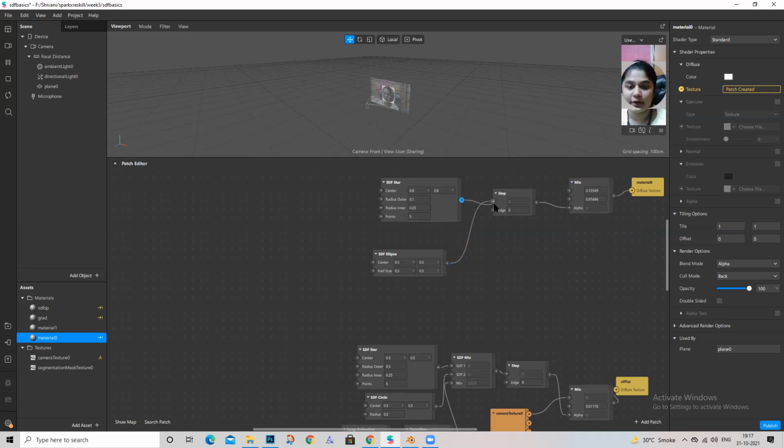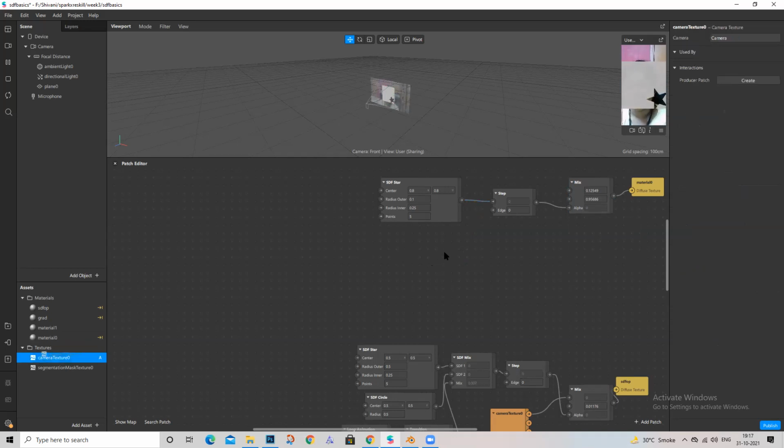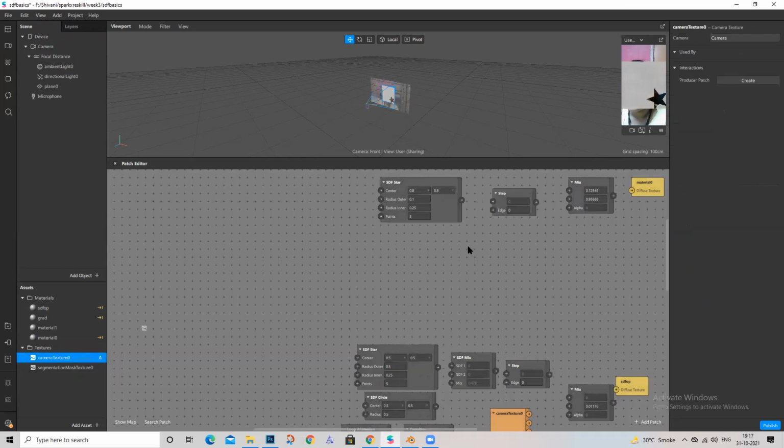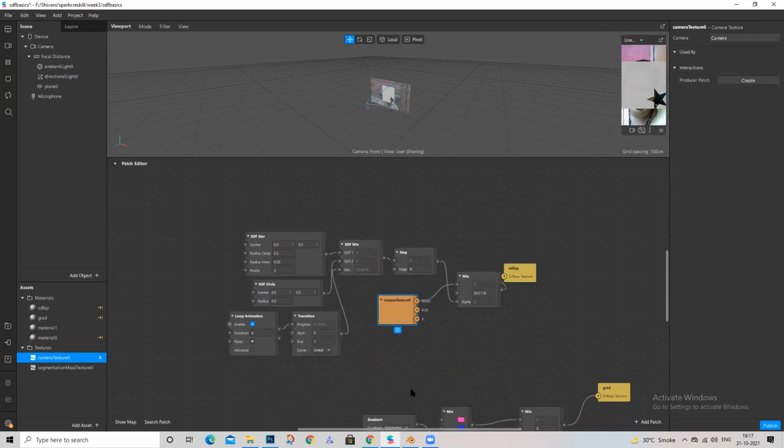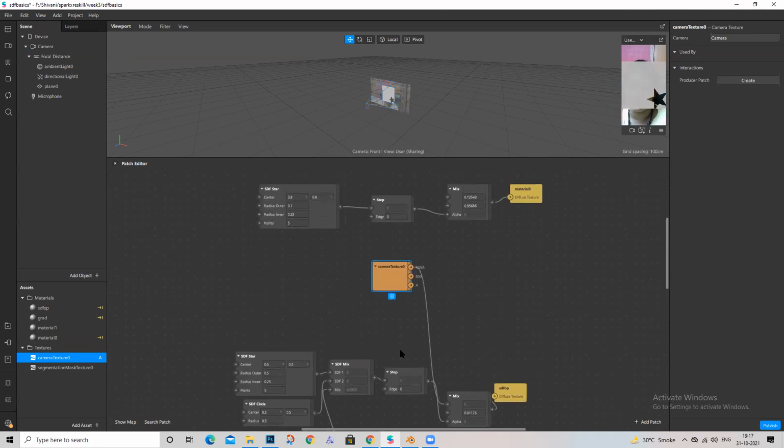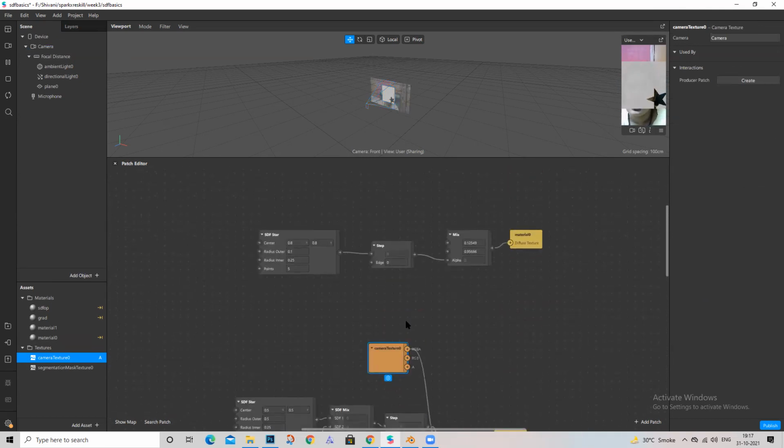And I'm going to go back to my star. And I'm going to use camera texture. Camera texture is something you extract from camera. Yeah, so you extract it. So मैंने extract किया, मुझे चाहिए. Okay, there's already it's been used over here. Never mind. So मैं camera texture ले रही हूँ, and I want to connect it here. And I want this to be in the center.